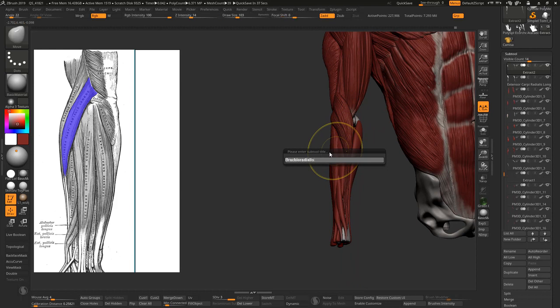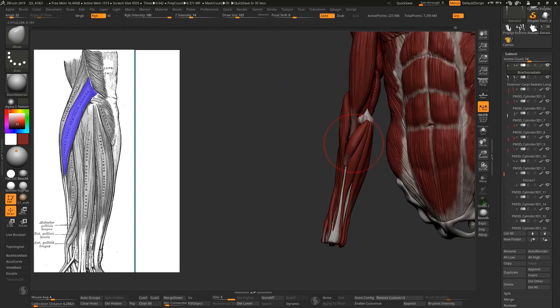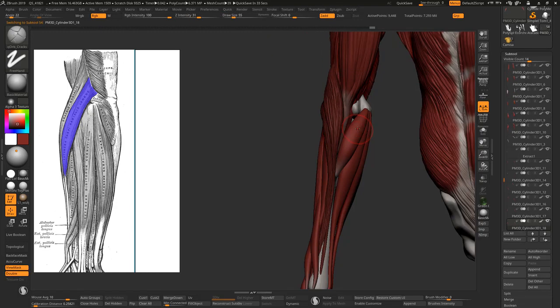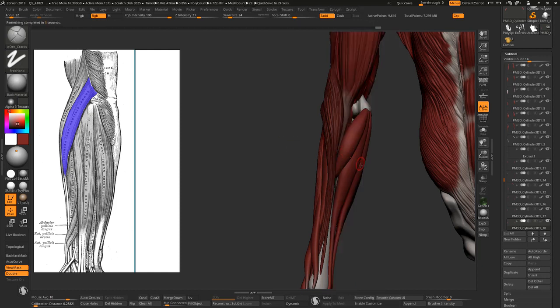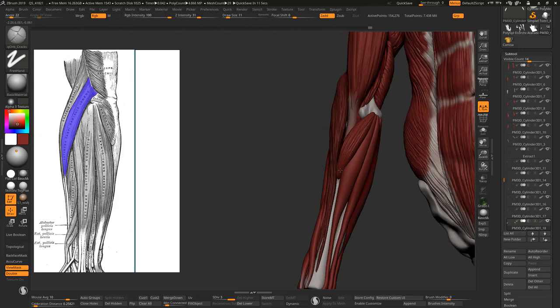Brachioradialis. This one should be pronator teres, so ZRemesh it. Pronator teres,